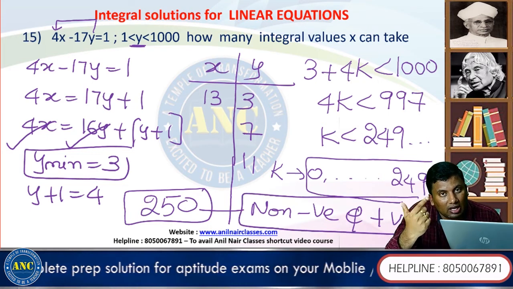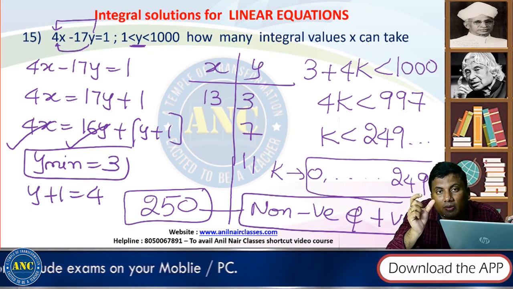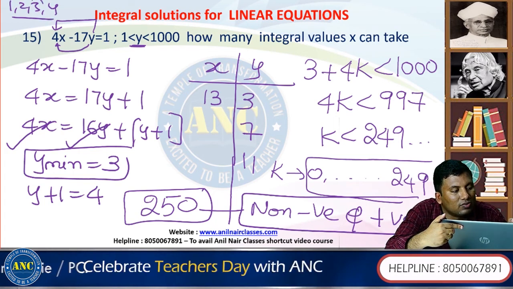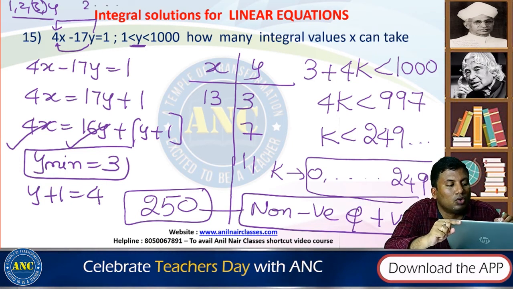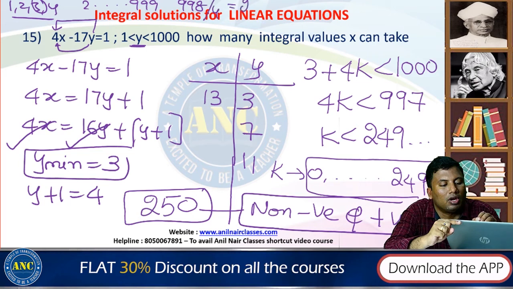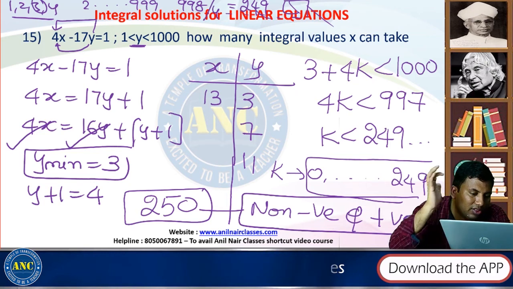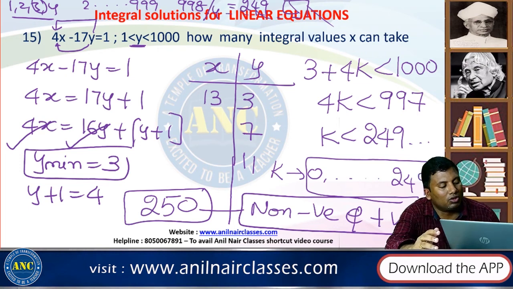Again, I am saying how to eliminate incorrect answer options. Y is growing in terms of 4. That means in the first group of 4, there should exist one value which satisfies. In a group of 4, there exists one value. From 2 to 999, that is 998 values, divided by 4 gives 249 groups and another group of 2. Are you all with me? So every group has one value, 249, and here also there is one more value. The idea is clear. Very easy question. You can eliminate incorrect answer options if you know this approach.